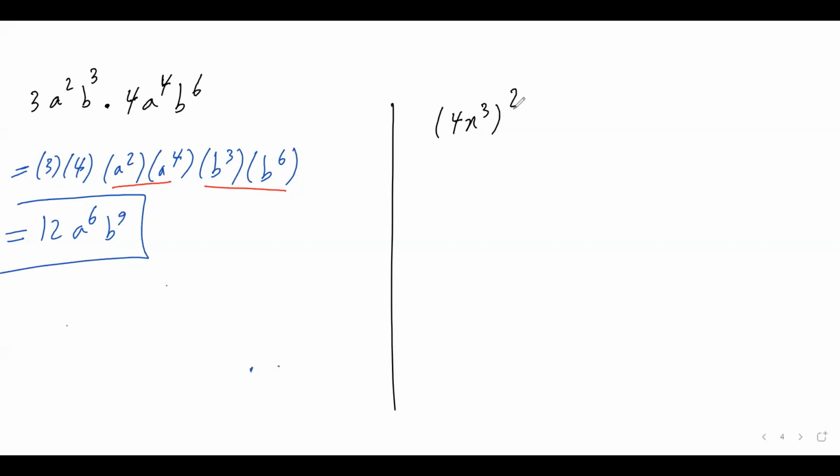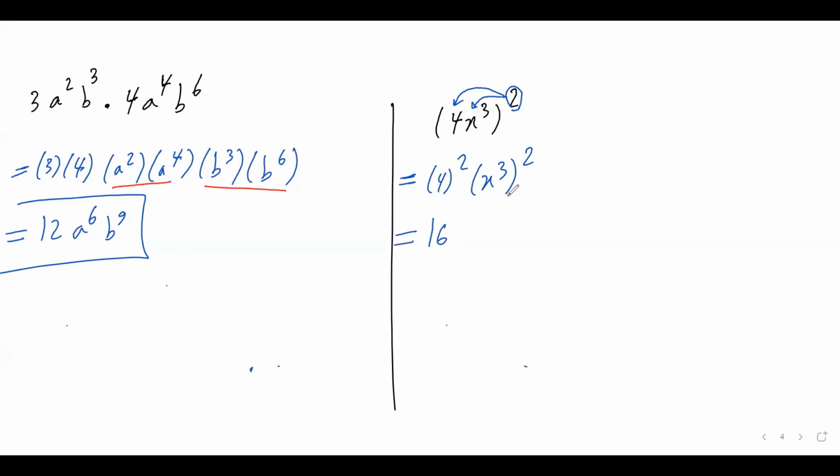For x cubed to the power of 2. So whenever we have a bracket to the power of something, we have to apply that power into everything in the bracket. So I have to apply that to 4 and then to x cubed. So this equals 4 to the power of 2 times x to the power of 3 to the power of 2. So 4 to the power of 2 is just 16,